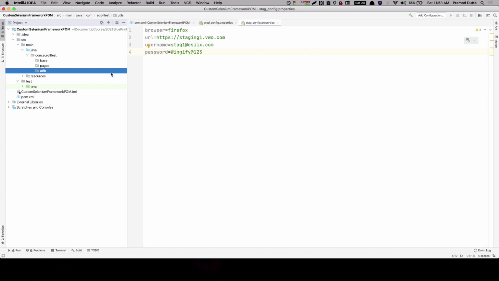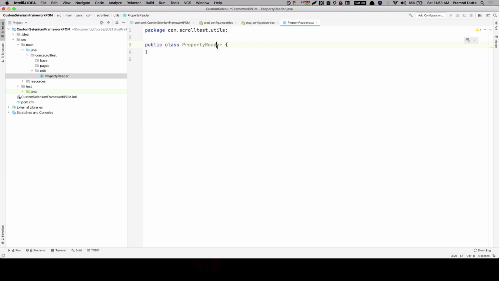Here, what you need is a file. Let's name it property reader. This file will read the properties file in the resource folder.